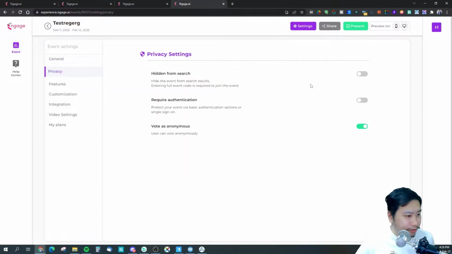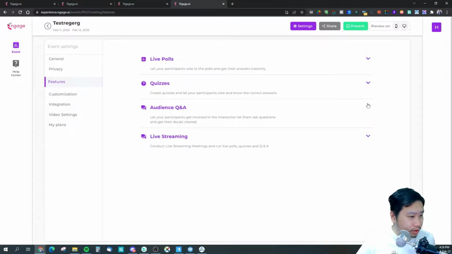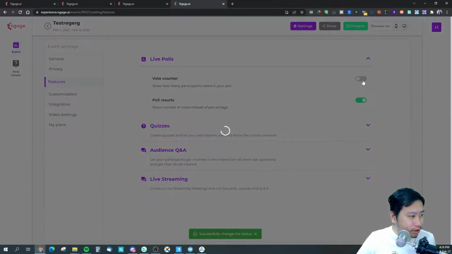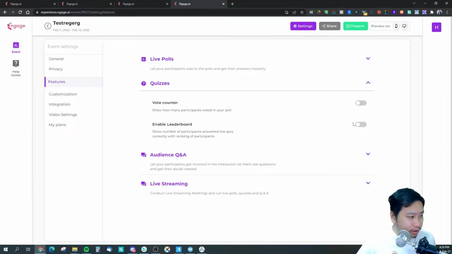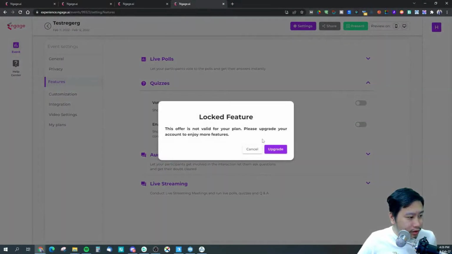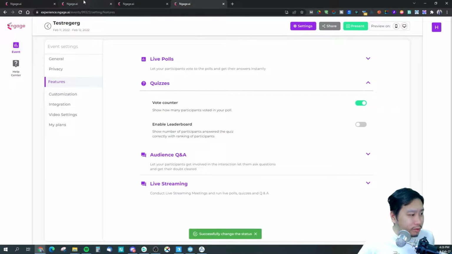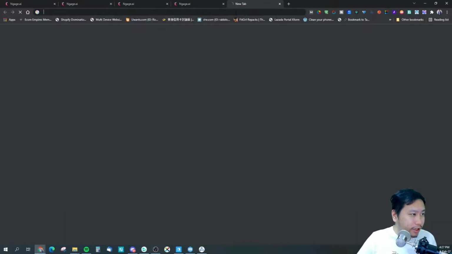Privacy, hidden from search, require authentication, live polls, poll number, vote counter. Okay, there we go, right? Enable leaderboard. Okay, let's see. It seems like the leaderboard is not available in the plan that I have.